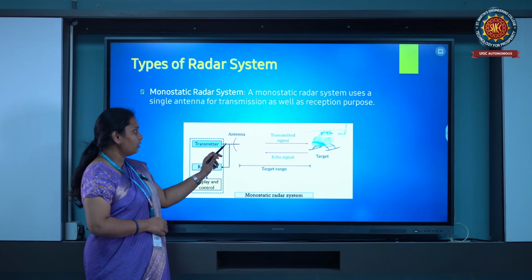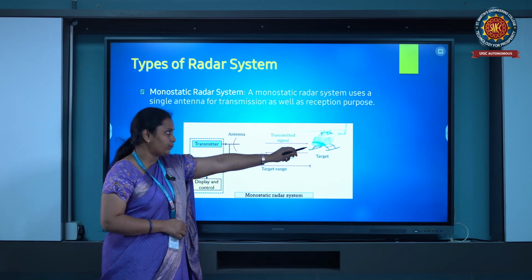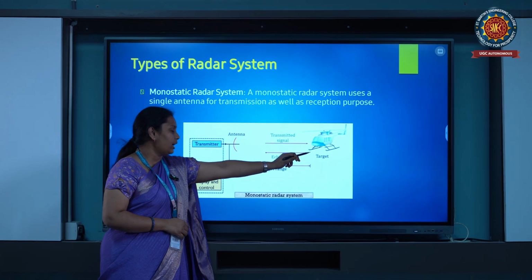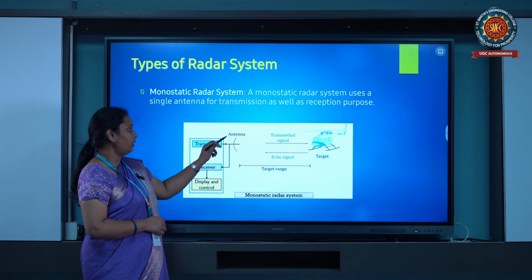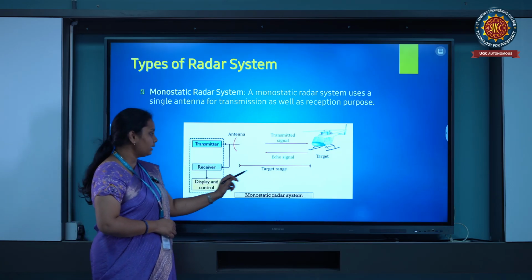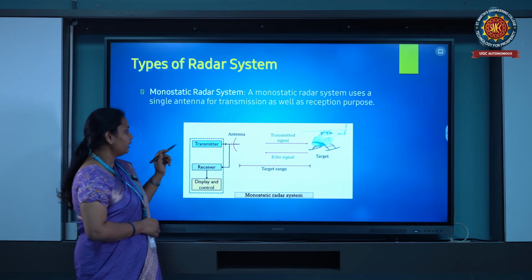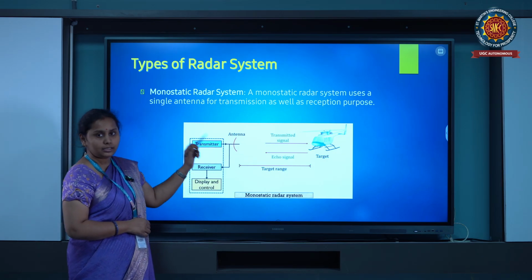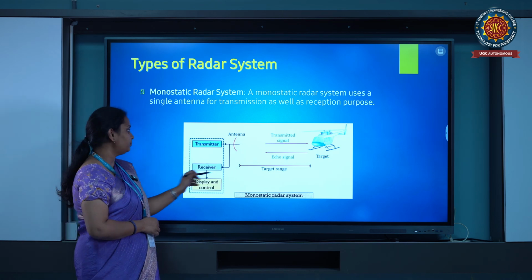From this antenna we are transmitting the signals to detect the target, and also we are receiving the echo signal with the same antenna, and we are also knowing the target range. Like that we can send the signals and receive the signals using only one antenna.